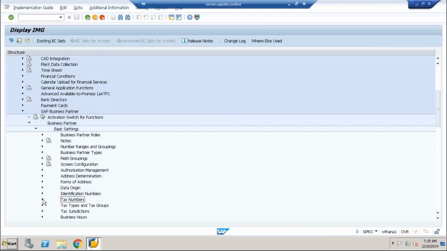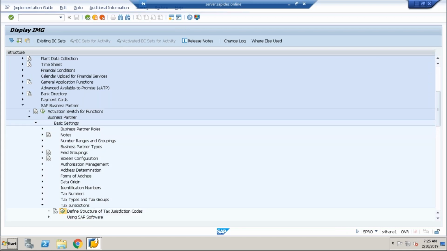Yeah, so then, based on the tax jurisdictions, we define the tax structure of the tax jurisdiction codes, because whenever you create your business partner, it checks the region and your tax jurisdiction codes get automatically populated in the system. How that entire set of tax numbers, tax types, and tax jurisdiction codes are taken is based on what has been maintained as part of the standard setup. If there is anything specific, you can maintain it as well, as part of the tax category setup in the system. Okay.